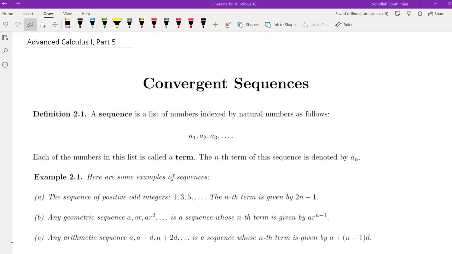Hello, in this video we're going to go over convergent sequences. In some textbooks, when they are dealing with advanced calculus or single variable advanced calculus, they start with continuous functions and they deal with functions in terms of the epsilon-delta definition of continuity, and then at some point they also get to sequences and they deal with sequences and series